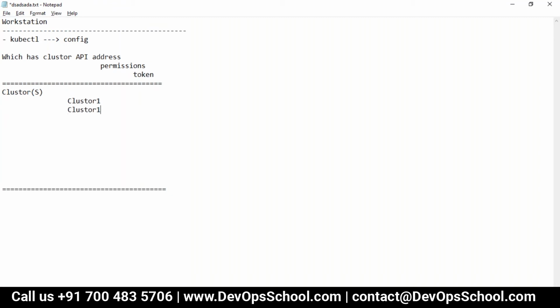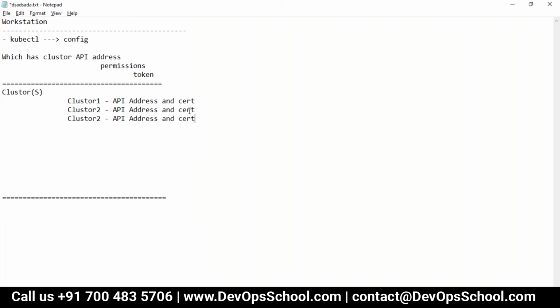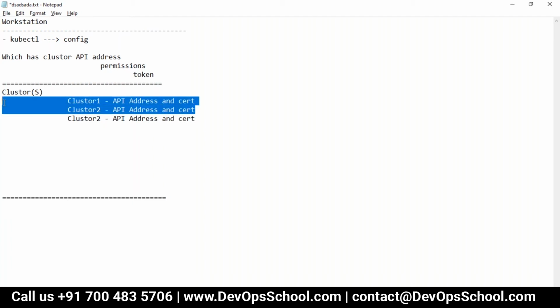When I say cluster, this is the API address. API address, API address, and certificates and tokens, stuff like that. This is not permission. So this is the cluster.